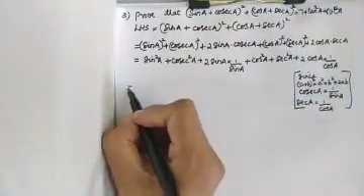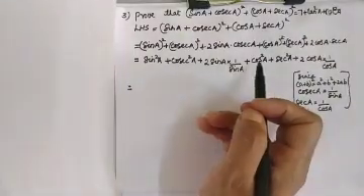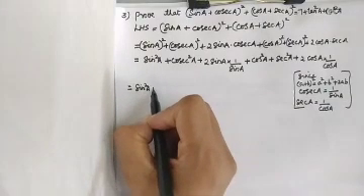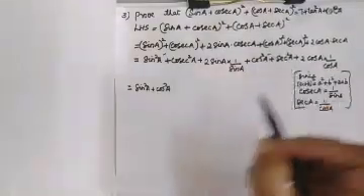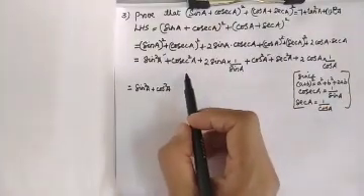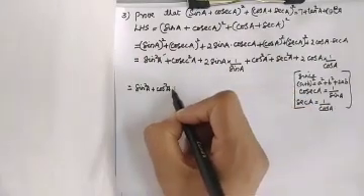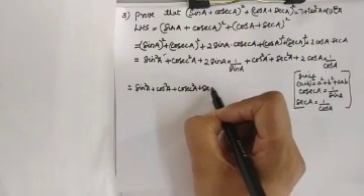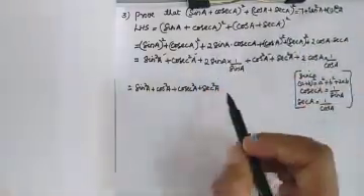Now here you will rearrange it. You are going to write sin squared A plus cos squared A together. So this is sin squared A plus cos squared A. These two I have written now. Next I am going to write cosec squared A plus sec squared A together. Cosec squared A and sec squared A also is written.